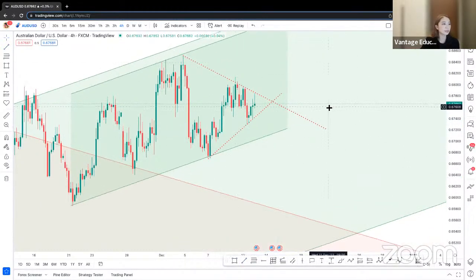All right, so we can see that obviously the price is in between the channel. Not the best time to actually take an action on it. All right, so for those that are in Aussie dollar right now, please take a step back and consider the price points, the patterns and the channel around. All right. Okay, so let's look at